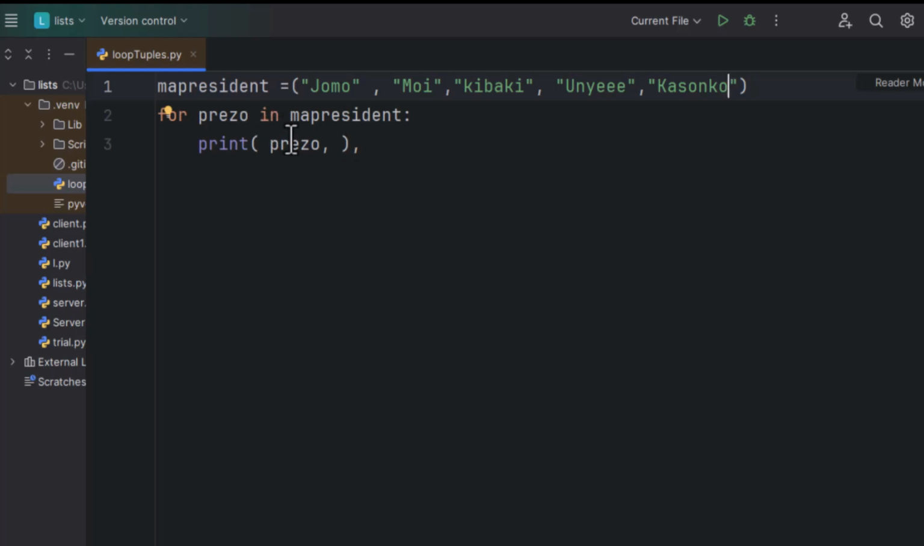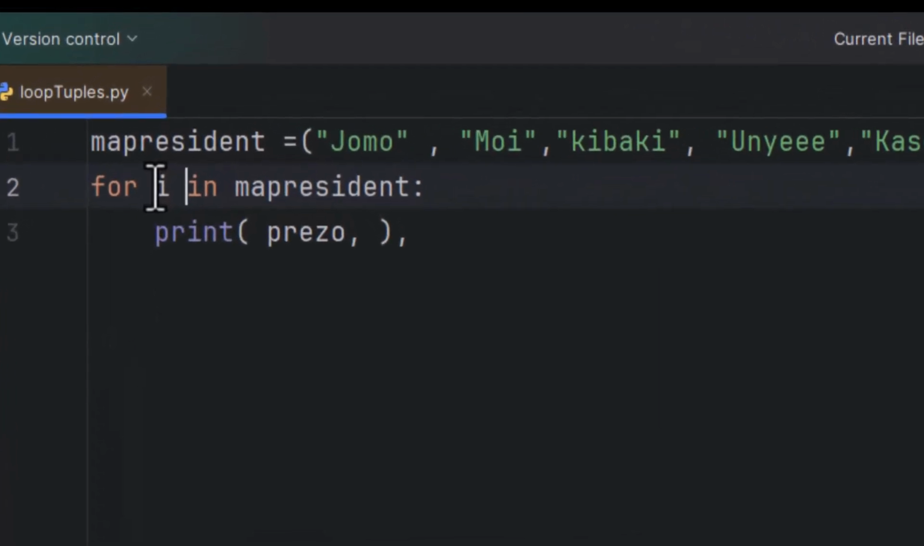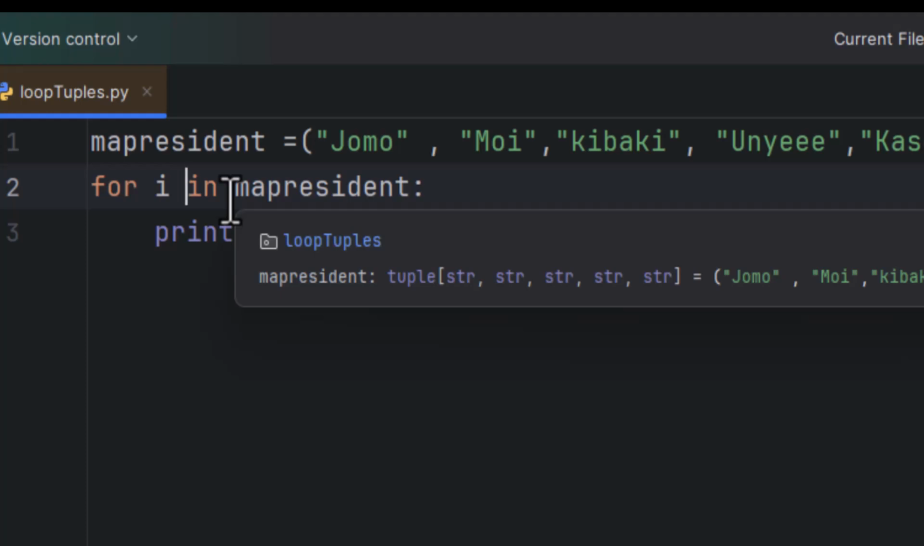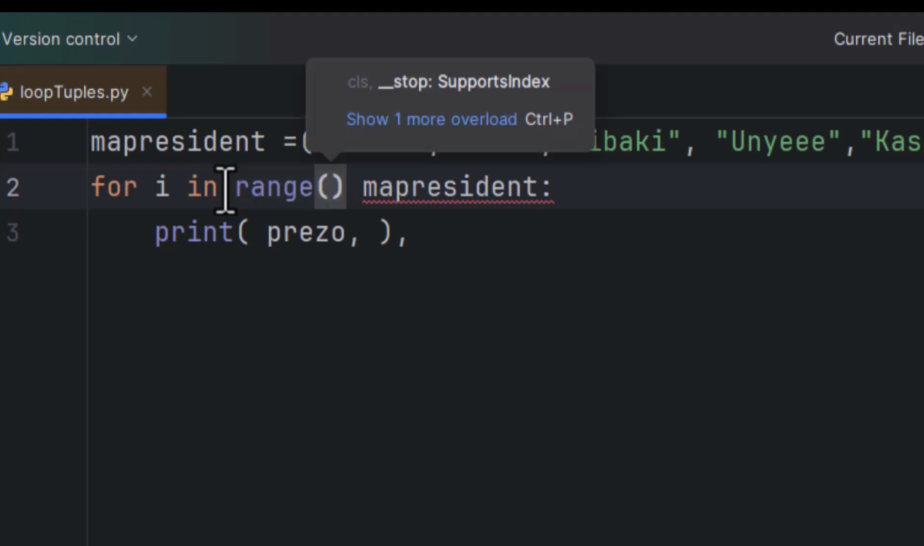So let me again create this. I have this presidents tuple here. Let me just use a range method. For the first thing I will just check an iteration here. Just initialize as i. So I will say for i in, and again in this one I will have to change, and I use the range, just like that. Range, which is a method, a function,